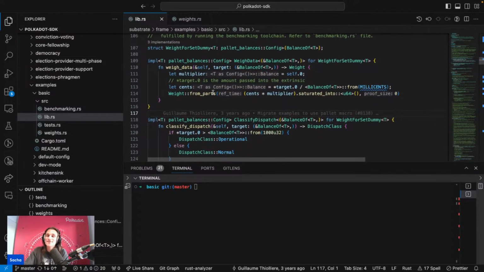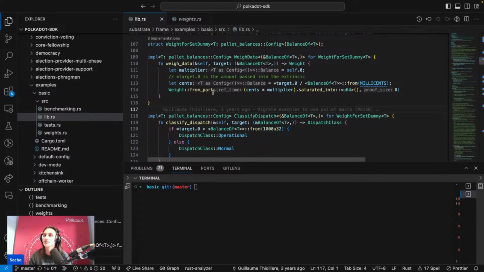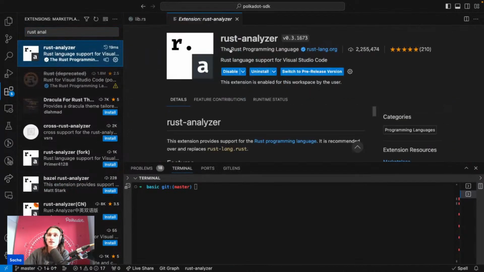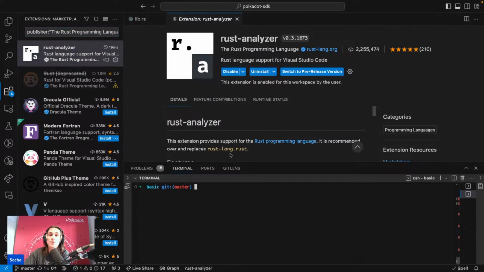Though it comes with a little bit of a trade-off, which is it does take a lot of your CPU. Just to give you an idea, I'm on an M2 Mac, and after having just cloned the Polkadot SDK repo and activating Rust Analyzer, so if I go to my extensions here, I've got Rust Analyzer going. You can see that it's enabled for this repository. Well, after having just enabled it, it took about 20 minutes for it to run and reach a point where